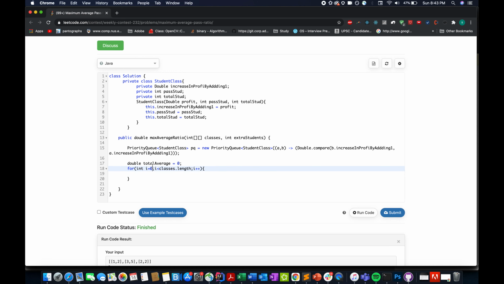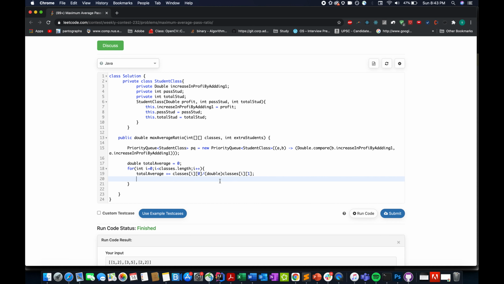The first thing I'll do is update the total average. That would be equal to classes[i][0] by classes[i][1]. So this signifies the total number of passing students divided by total number of students. And don't forget to typecast this to double, otherwise the conversion will be based on integer.